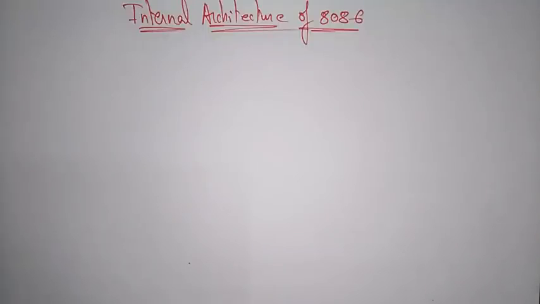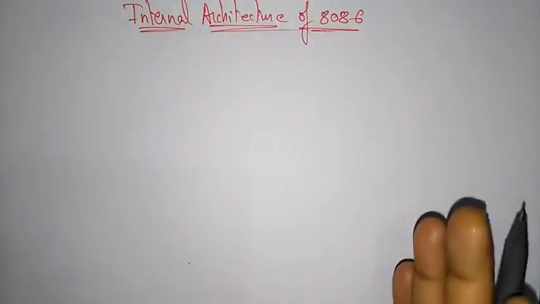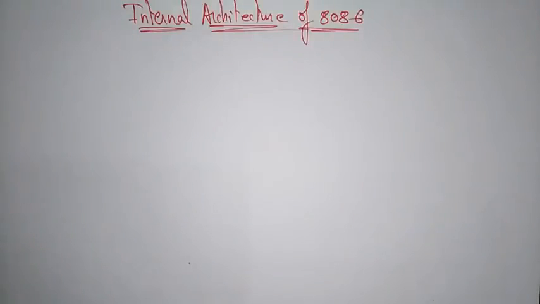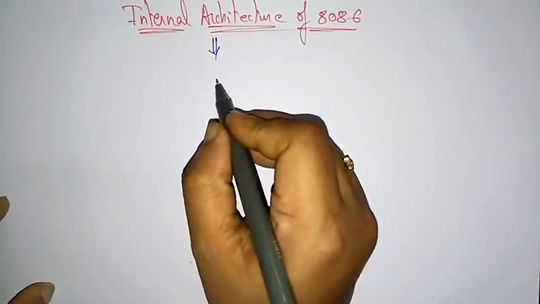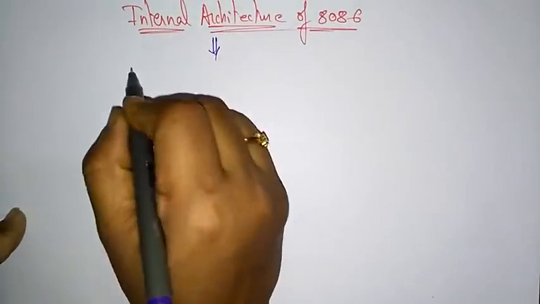Students, let us see the internal architecture of the 8086 microprocessor. So this 8086 is a 40 pin IC. I already said it is a 40 pin IC. So what is the internal architecture that is present in that IC? Let us see. This internal architecture of the 40 pin IC is divided into